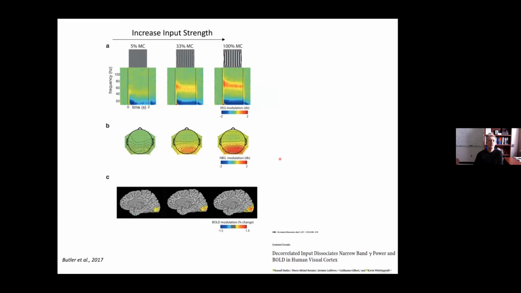And so here we showed healthy human subjects just a very simple visual stimulus where we increased the contrast and reproduced a well-established finding that the gamma rhythm increases with higher visual contrast. And that can be seen here in the occipital maps. And the BOLD signal did exactly the same thing. So brighter stimuli, brighter BOLD, higher EEG, there's nice neurovascular coupling right here.